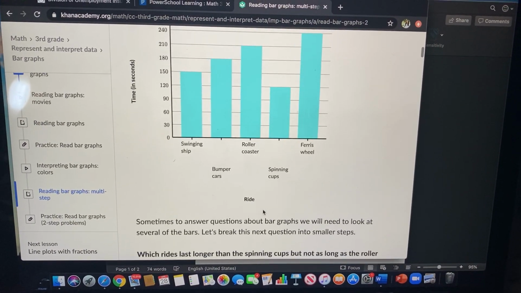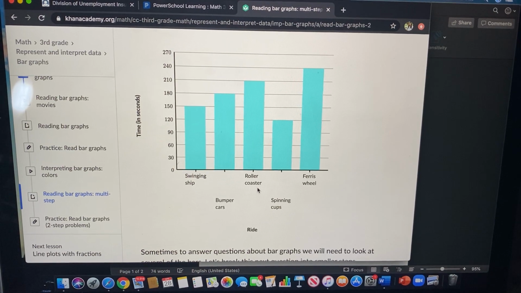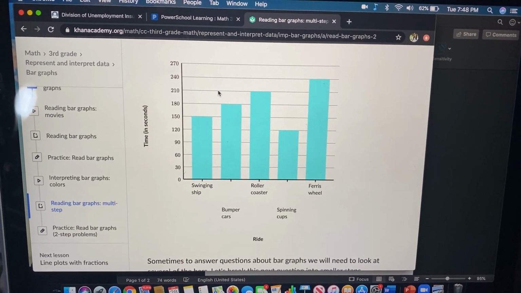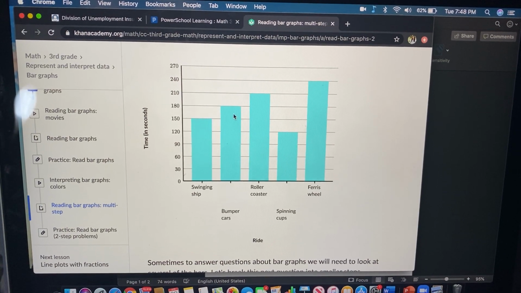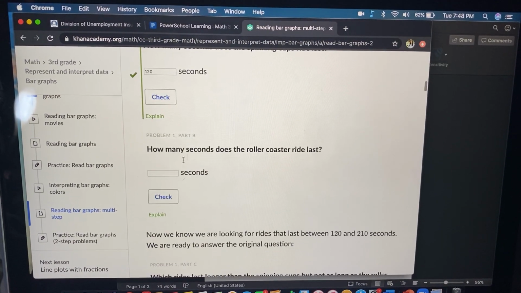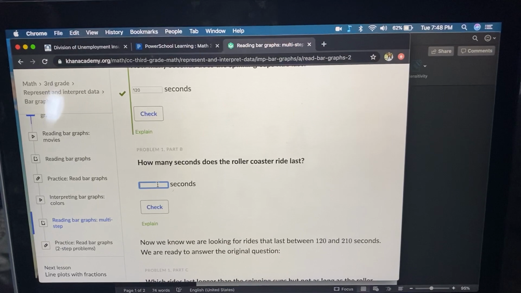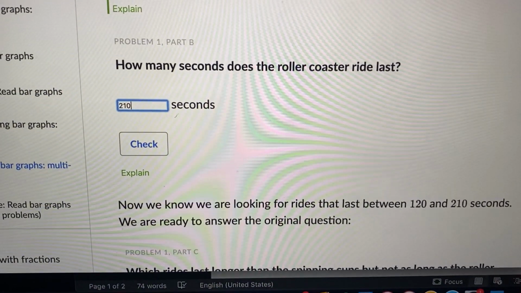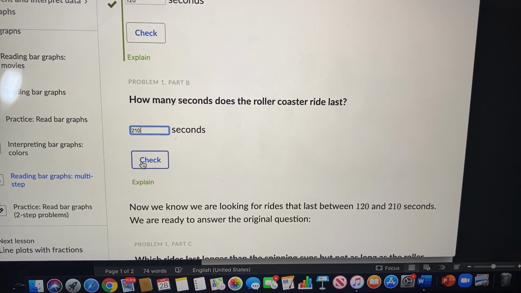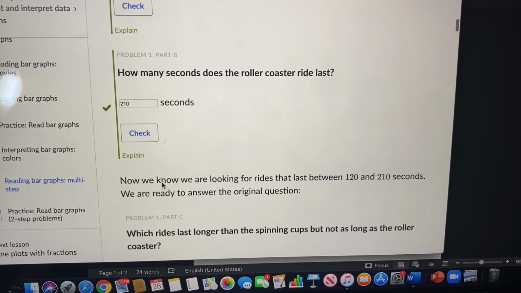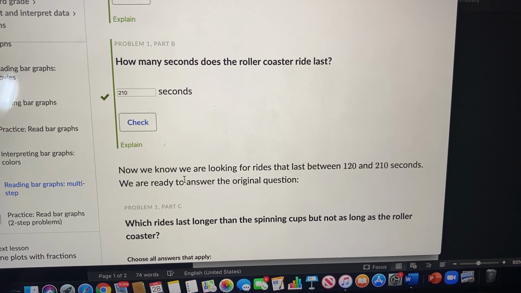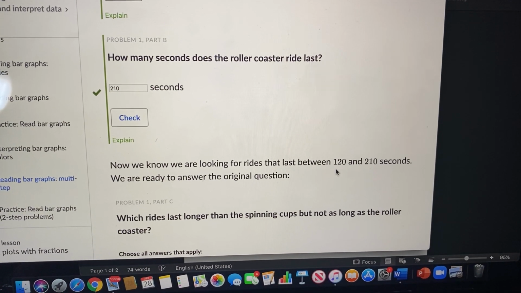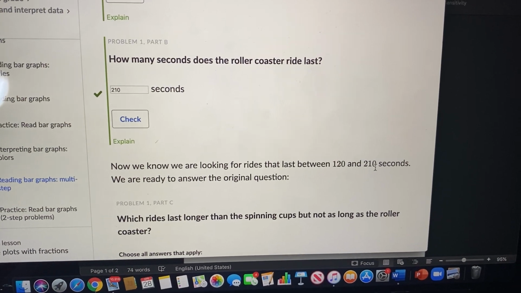So we go up. Let's check, find roller coaster right here. Move the mouse up, drag it to the left, 210. All right, so we're gonna check that into our answer. 210, that's what I typed in. And let's see if we're right. Yep. Now they want us to know that we are looking for rides that last between 120 and 210 seconds,